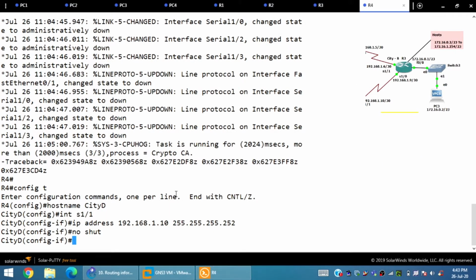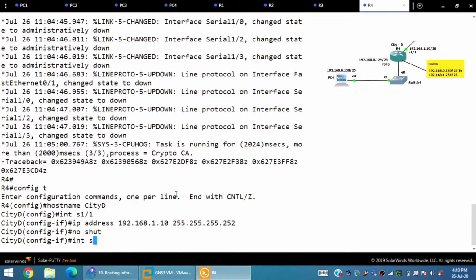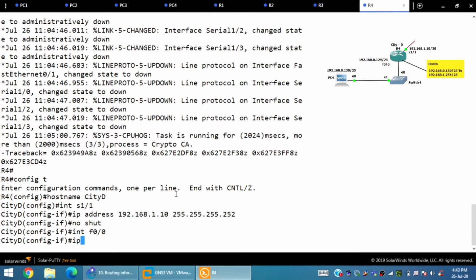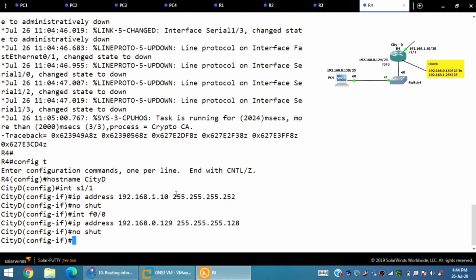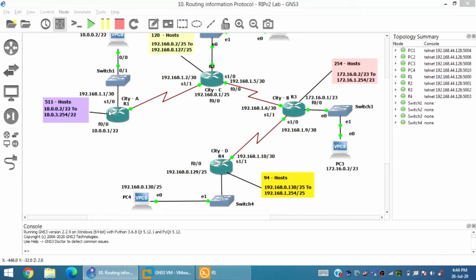Router 4 contains the city D interface, FastEthernet 0/0, with 192.168.0.129/25. Easy. Let's go ahead with no shut and then close this program of configuring fast Ethernet ports.